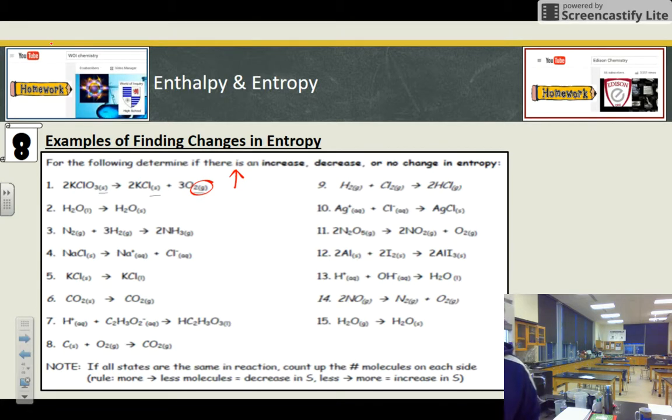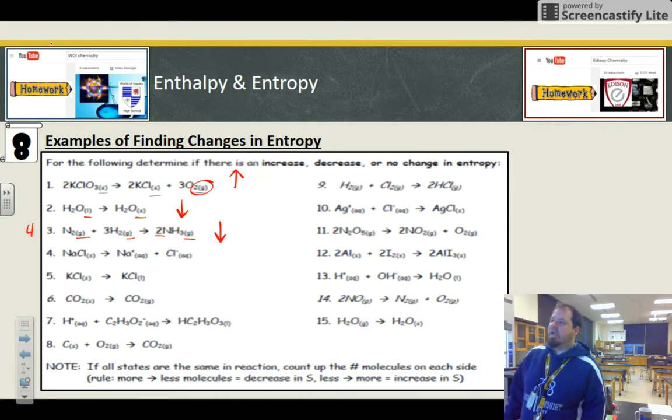All right, here I got H2O, 1 mole, but I'm going from liquid to solid. So solid is definitely more ordered. More ordered means decrease in entropy, okay? Here I have two gases becoming one gas. And I also have a total of 4 moles of gas on this side and just 2 moles of gas on this side. So my randomness is going down. I am making bonds and energy is going away.